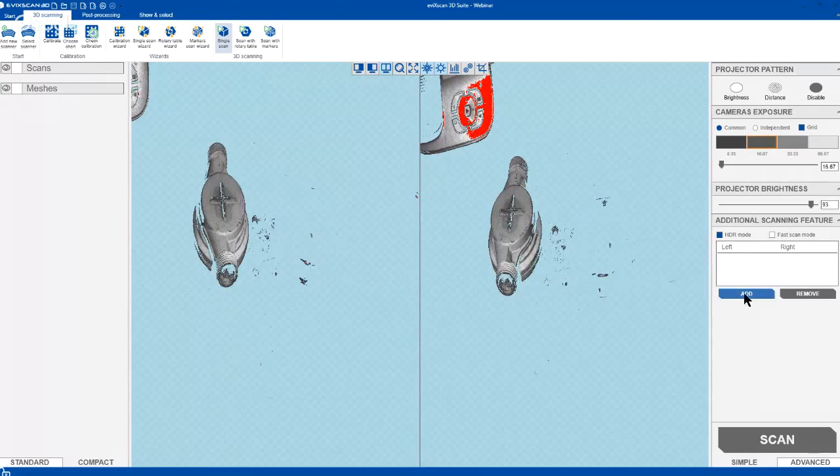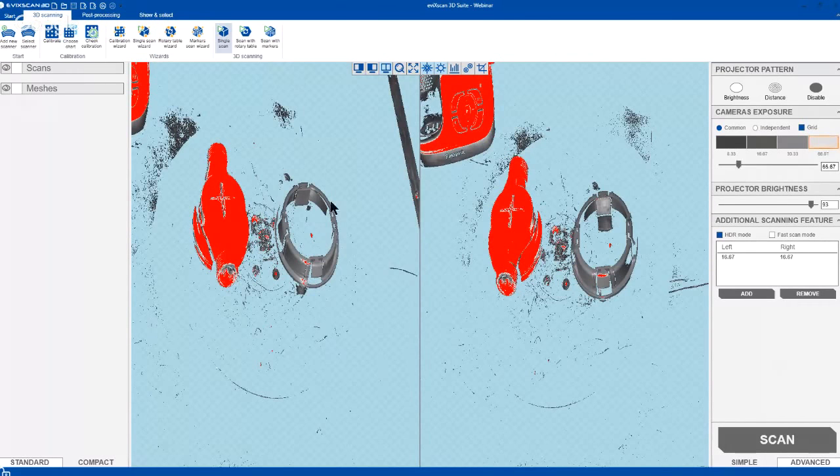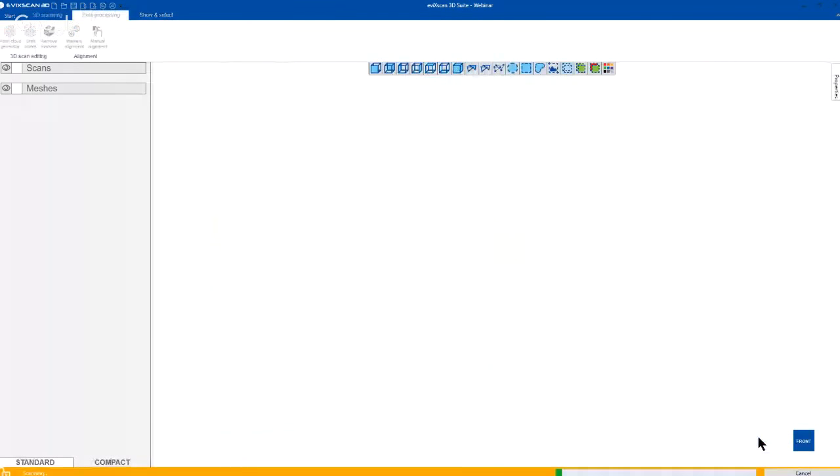We can add to the HDR mode window another level of exposure, which will be dedicated to that second part. As you see, when I change the exposure to 66.67 milliseconds, I think it's optimum for that part. So I will add it to our list. That's it for the practical part of preparing the process. Now I can turn the scanning process on,